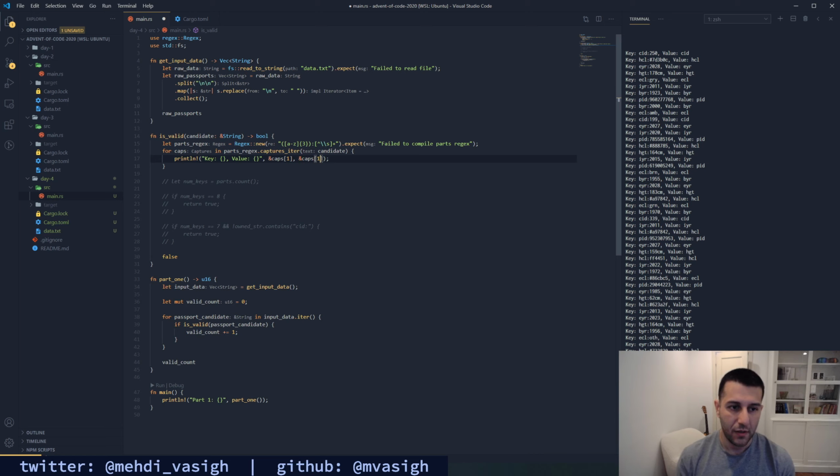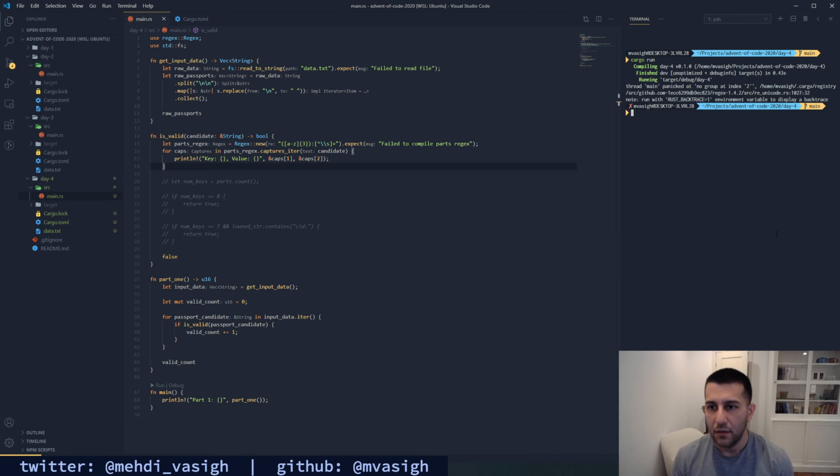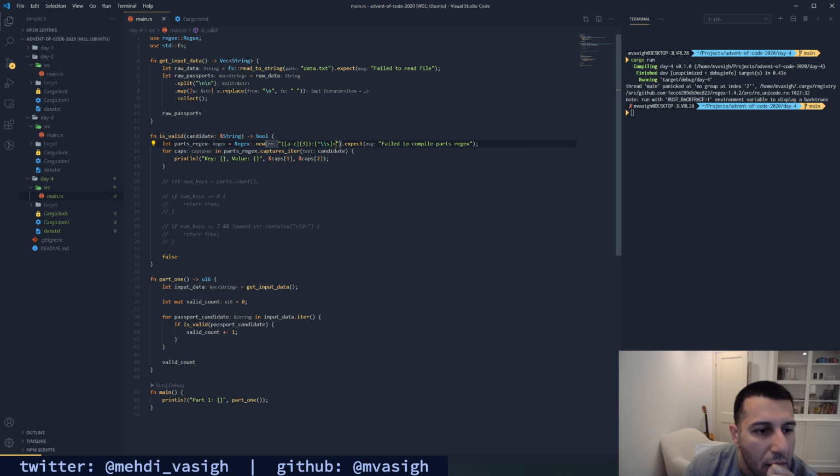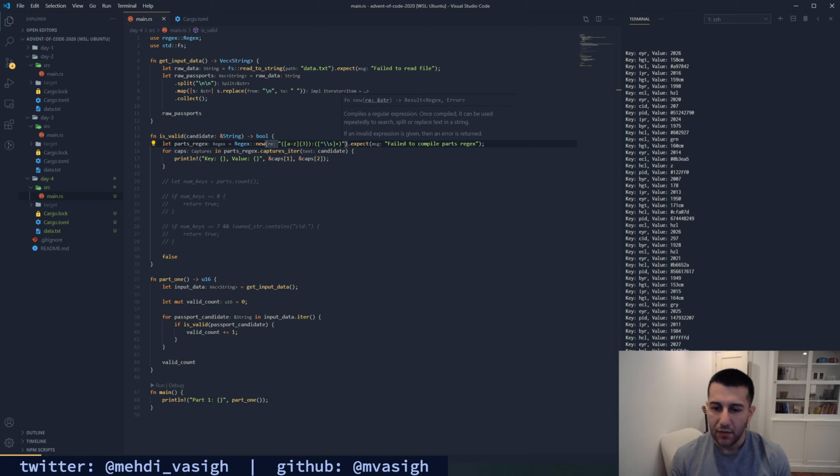See, now key is the entire thing and value is just the key. That's not what we want. We want to move one over. No group at index 2. Huh. I know what's going on. We are not putting this in a capture group. Great.